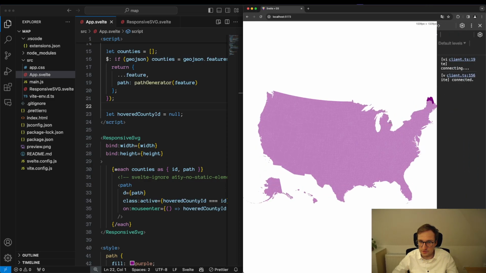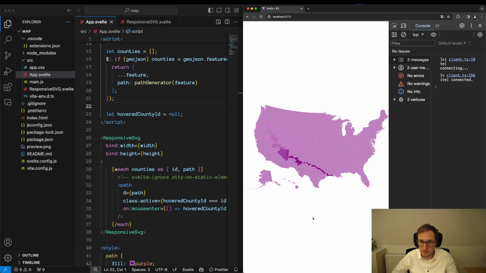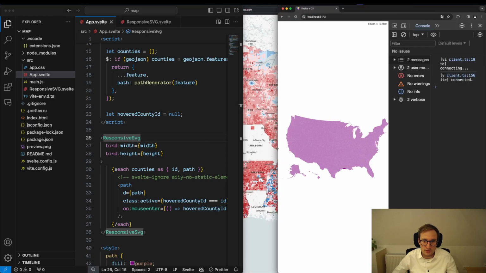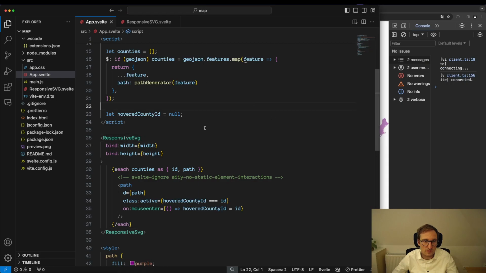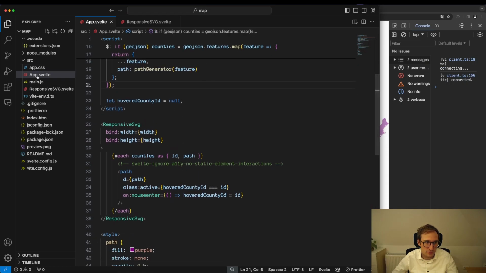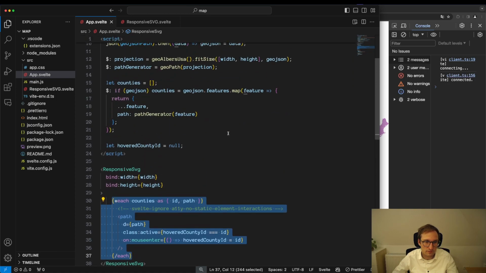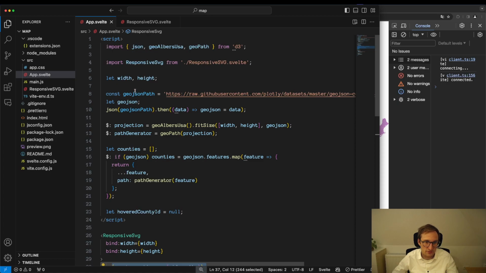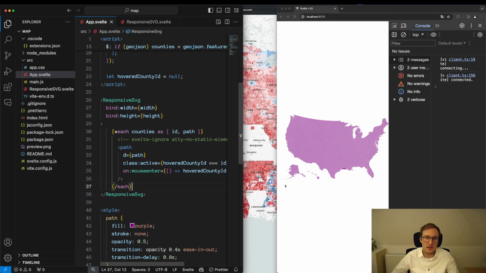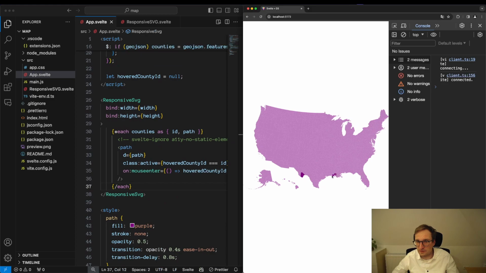So make this a little bit smaller, yeah, it's still responsive. And now we abstracted all the boilerplate for the responsiveness to a new component responsive svg.svelte, and we only have now our loop over all the counties. We have some styling there, and we have the JavaScript logic to load the GeoJSON, to create the projection, to create the path generator, and to recalculate all the different SVG paths for the counties. That's it basically. That's how you build a map with D3 and Svelte,